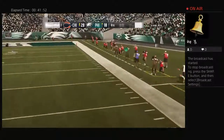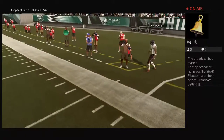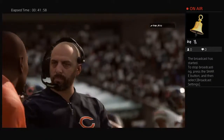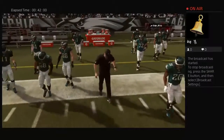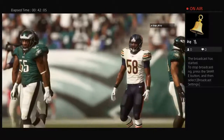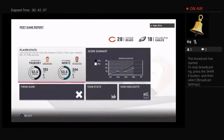And it's incomplete. They're still throwing to the very end, but now this game is over. A road win in the National Football League. Charles, you never take that for granted no matter who you're playing, no matter where you're playing. You take it and you run with it. And you know you